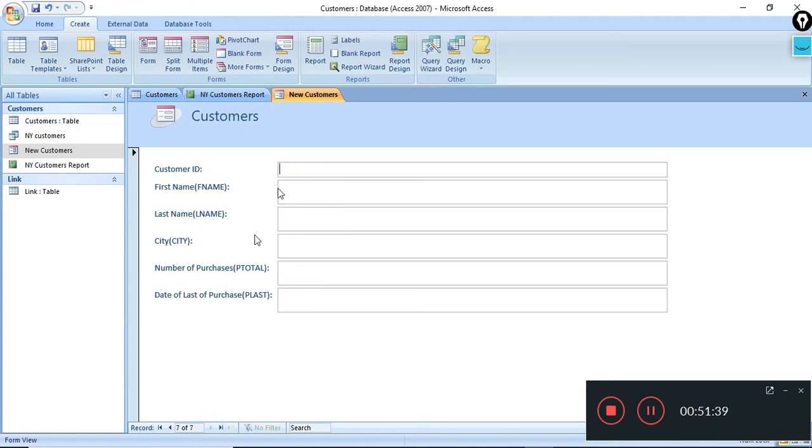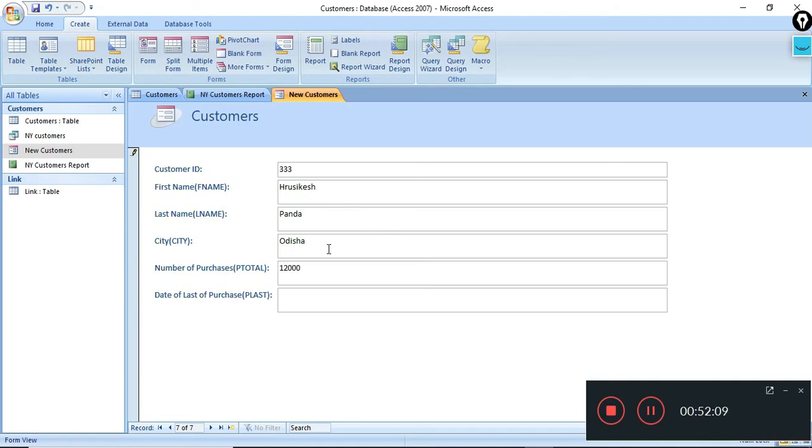Suppose you have to enter like this, 0333. I'm hypothetically taking this, then Fushikesh, then Panda. Hypothetically taking city, suppose Odisha, number purchases